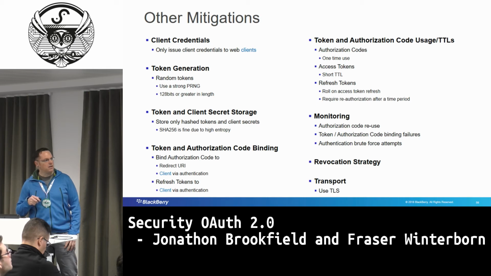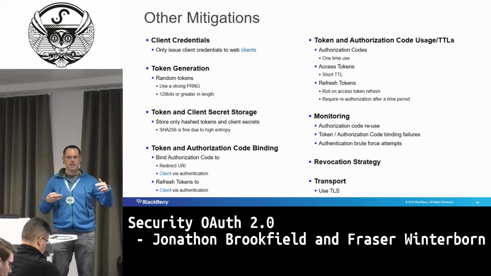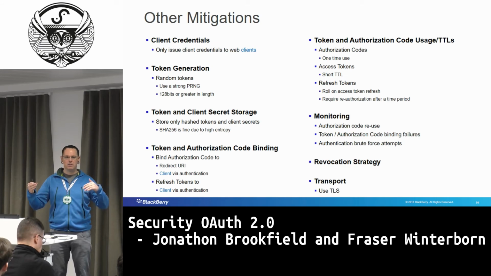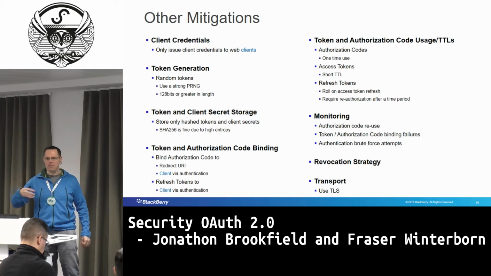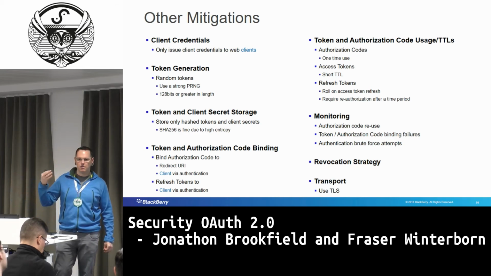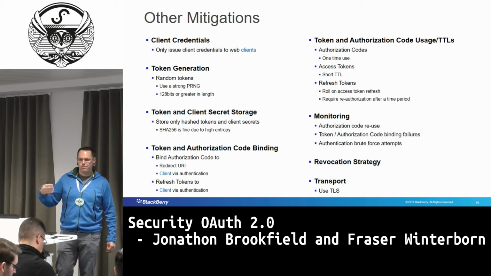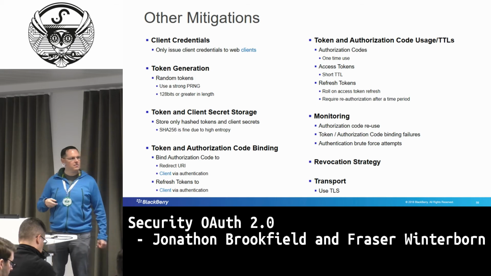Within the RFC, there's also a bunch of stuff on actually monitoring. So if you start seeing authorization codes that were issued to one client coming in from another, you, as an authorization server, need to be flagging that so that you then do something appropriate. I don't know what the something appropriate will be; that will vary depending on your policies, but